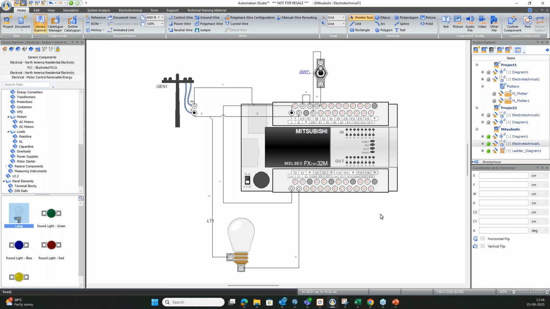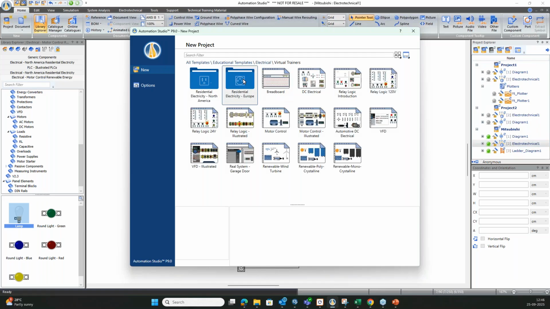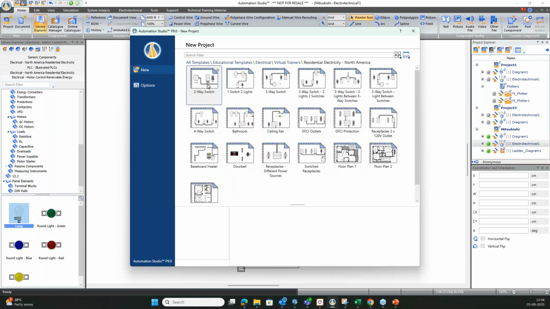Now I will be showcasing you a virtual trainer kit. So I will click on this control new, that is a new button, new project. So I will click on the educational template. Over here we have electrical. I will go in the virtual trainers. So you can see you have these many options available, but right now we will be going with the North